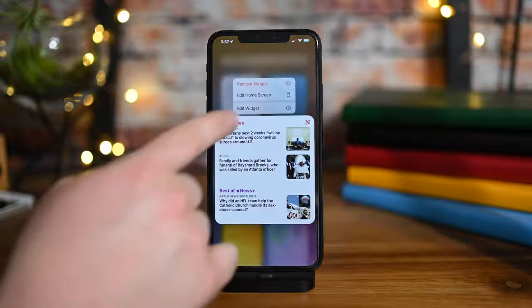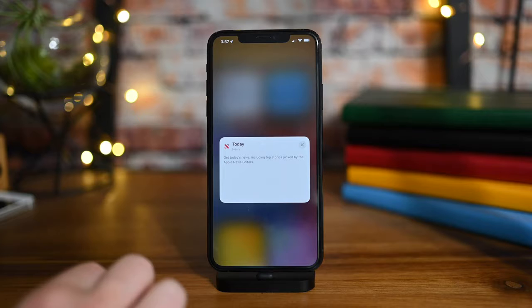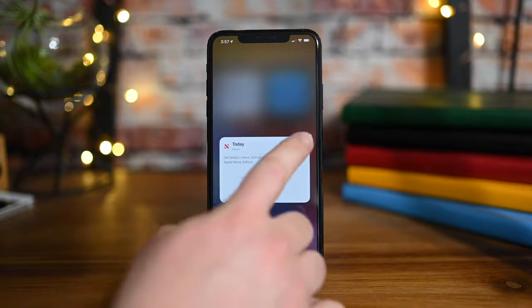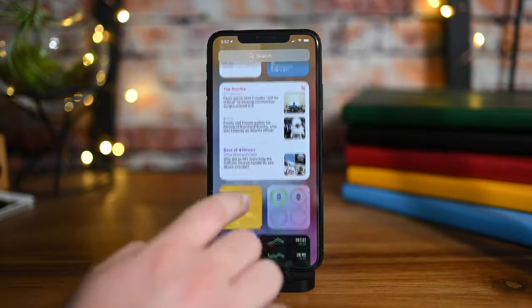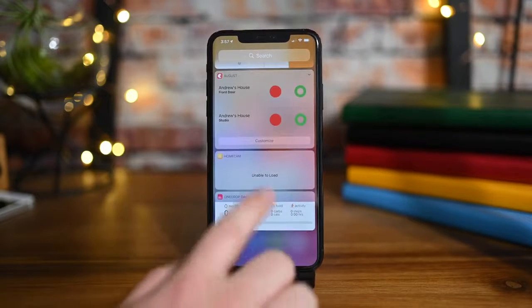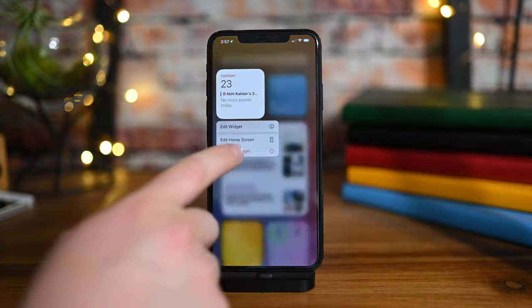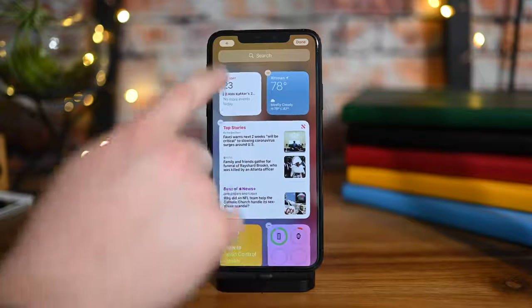They come in different sizes and you can go in and edit these. You can change what they're displaying. You have a lot of different options across all of Apple's widgets here inside of Today View. It's really been kind of tweaked though, because all of Apple's are now at the top and all these are down below, but you can still mix them all, and developers are really going to have to play with their apps to get new versions of all of these out there